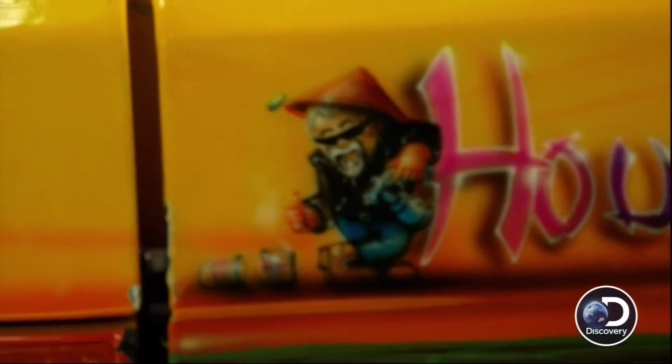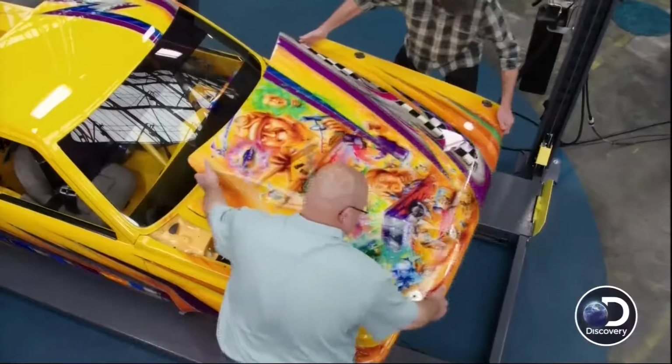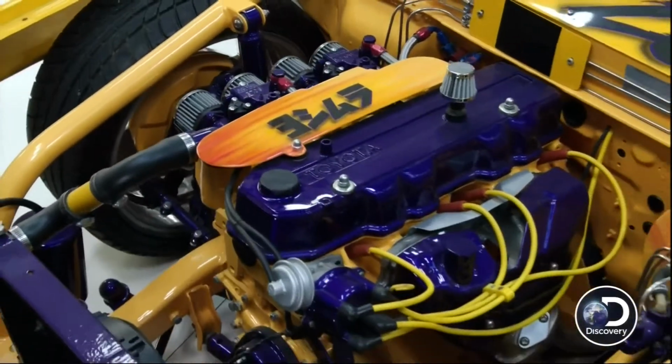I can see that there was some damage to the hood. You know, I see some chips here and there. That's going to detract some value. I'd love to see underneath this hood. Can we lift this off and see the motor? Yes, we can. Now, I've got to ask, does it run and drive? No, it does not. It's a bit of a value drop in my eyes. I could make it run and drive, but...